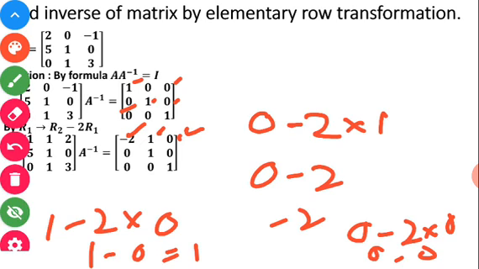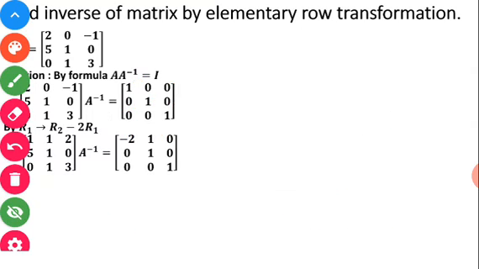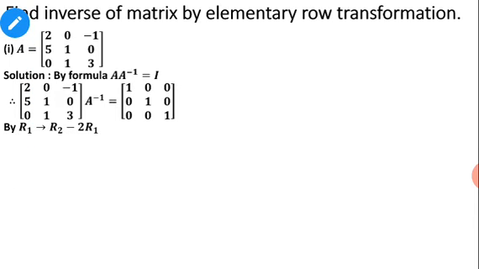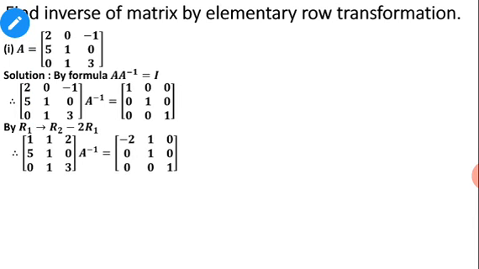This way it is happening, students. Whatever operation you are doing on the left side, the same operation you have to do on the right hand side, that you keep in mind and perform your operation. So we have done the first step, we got 1. After getting 1, now my second step is what? I want to make 0.